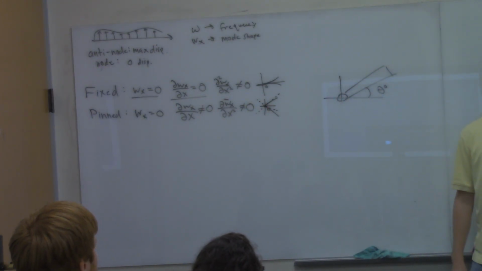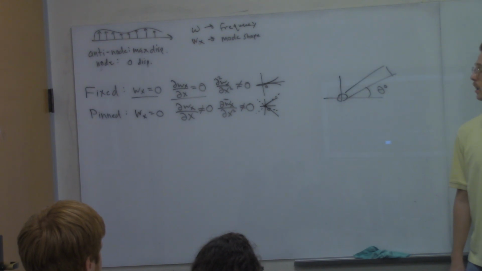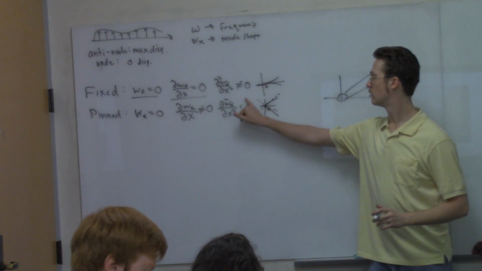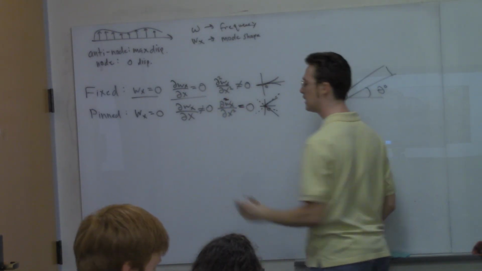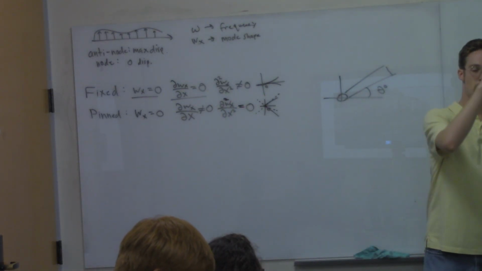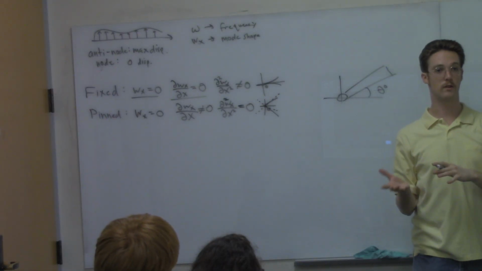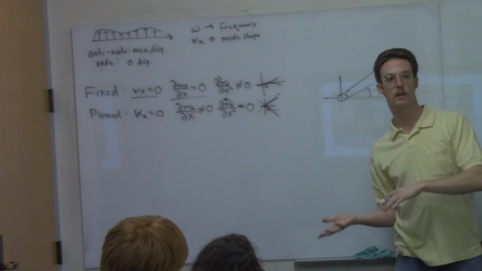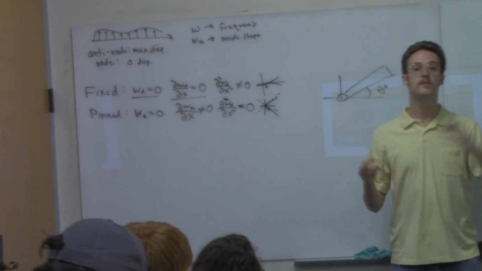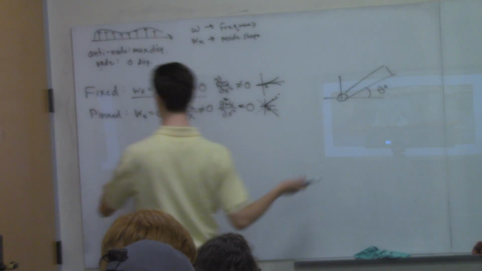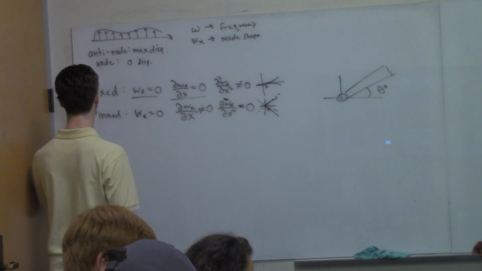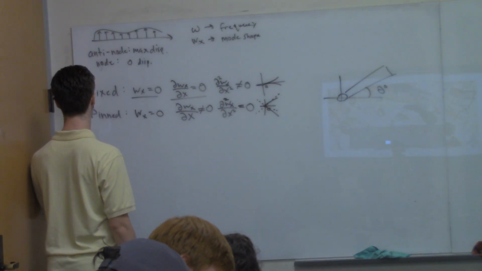Should it be, it says not 0 right now for the second derivative, it's supposed to be equal to 0? Yes, thank you. Okay. And the second derivative is just curvature. Displacement is the function. First derivative is slope. Second derivative is curvature. Okay. This will all make sense in a second when we start drawing these out. Okay. And then for a free end,